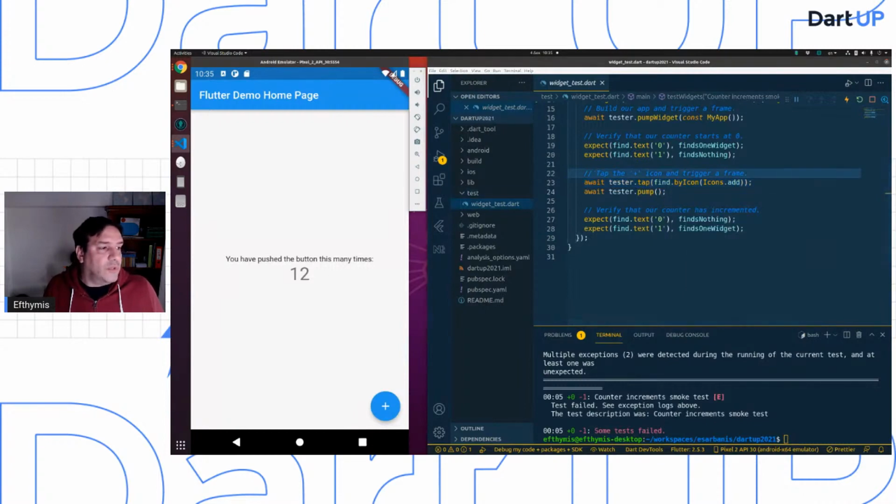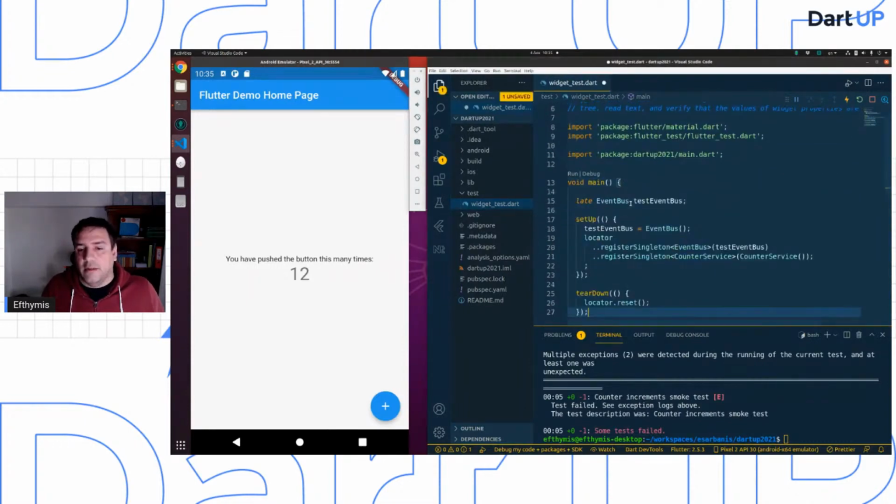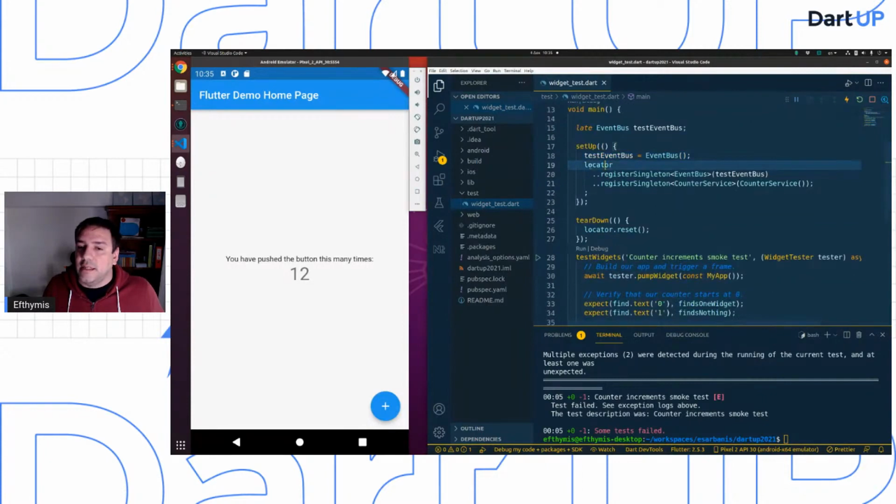And the thing is, because we have created some dependencies, we need to set this dependency up in our tests. So let me just copy paste some code here, and I will walk you through how we can make this test run. So we have a test event bus. In the scope of this test, we initialize a test event bus. Here it is. We set it up, and we register it into our locator, because the locator is a singleton, like a global state. So the test app will see that. So if I run it again,